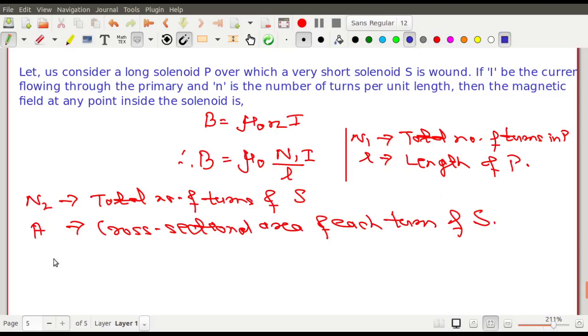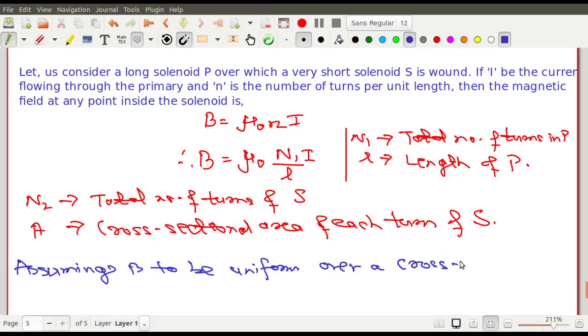Here also you have to make that assumption, assuming capital B to be uniform over a cross section, the flux linked with the secondary,